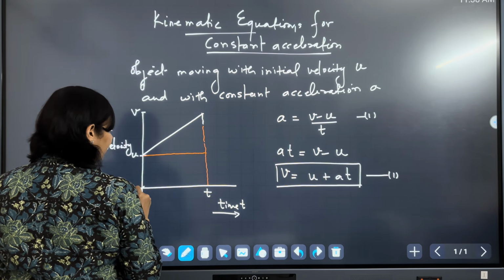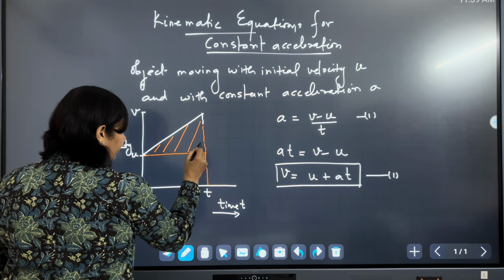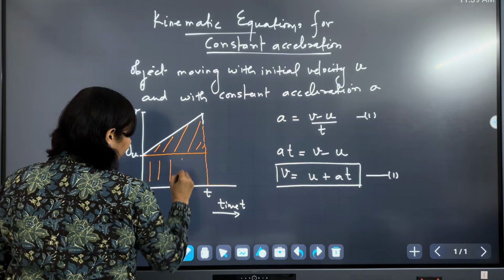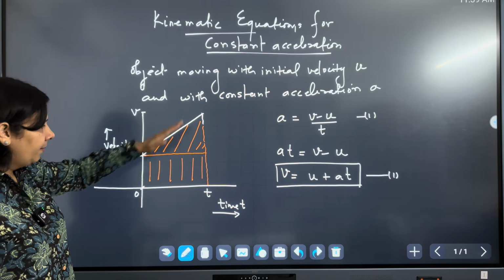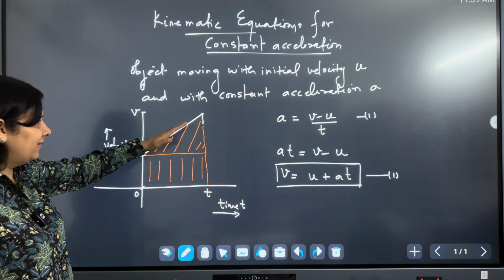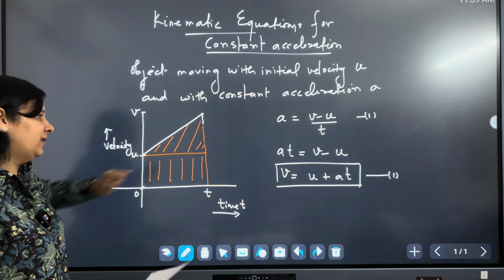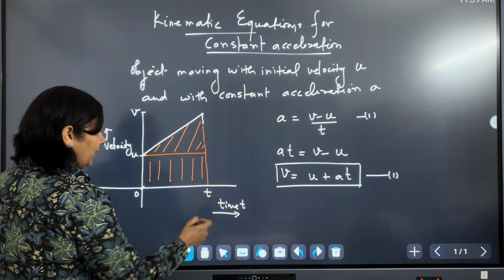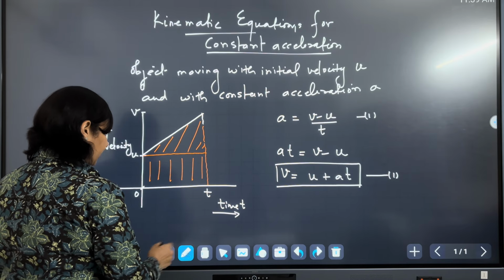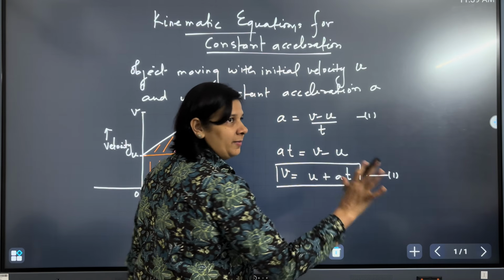So I can divide this into two pieces. So this is a triangle and this is a rectangle. In order to find the area under this curve between the x-axis and the curve, we need to add the area of the triangle plus rectangle. Okay? So how do I do that? Let me change the slide. Once again, this is the first kinematic equation.